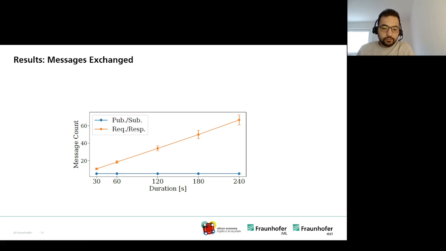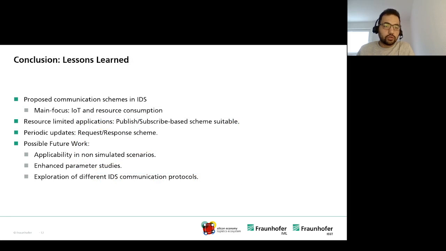Based on this, and to conclude this presentation, we presented our proposed communication schemes for communication in the IDS, with the main focus on IoT and studying resource consumption.